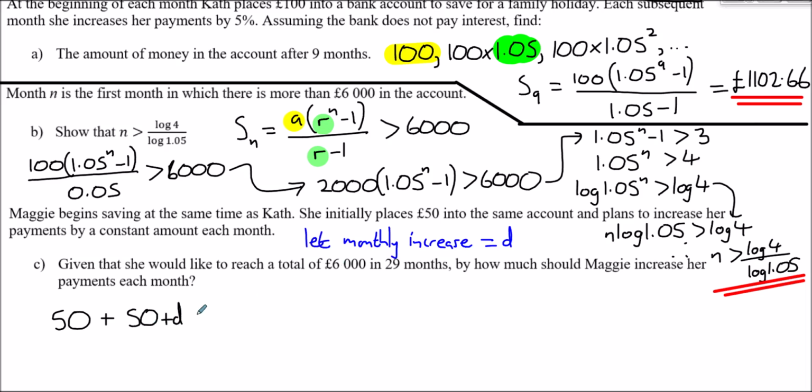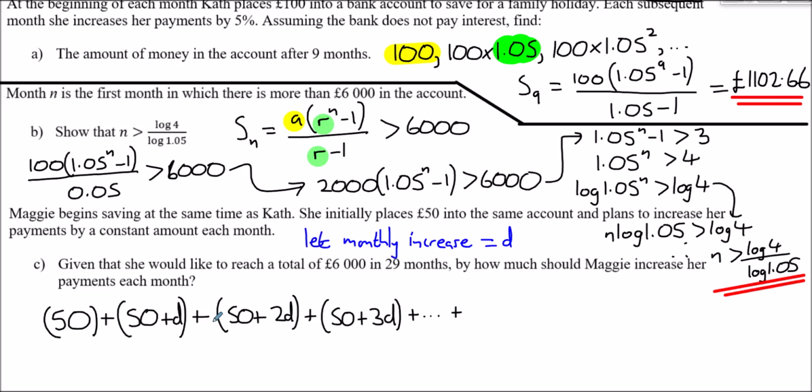Then she has that difference again for the next month. I'll put this in brackets so you can see the difference in months. First month, second month, third month, fourth month, and so on. You get the idea. So that keeps on adding together. That needs to come to 6,000 in 29 months. So in 29 months,